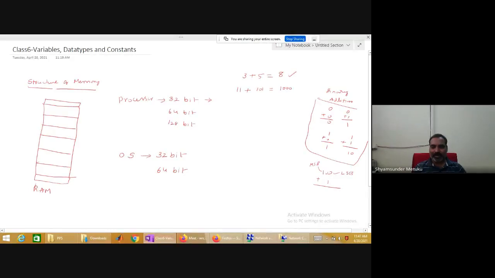So whenever you have a 2-digit binary number, at a time you can perform only bit by bit addition. So initially, starting from the LSB, we start doing the addition. So initially you have 0 plus 1. What is 0 plus 1? 1. Yeah, 0 plus 1 is 1.